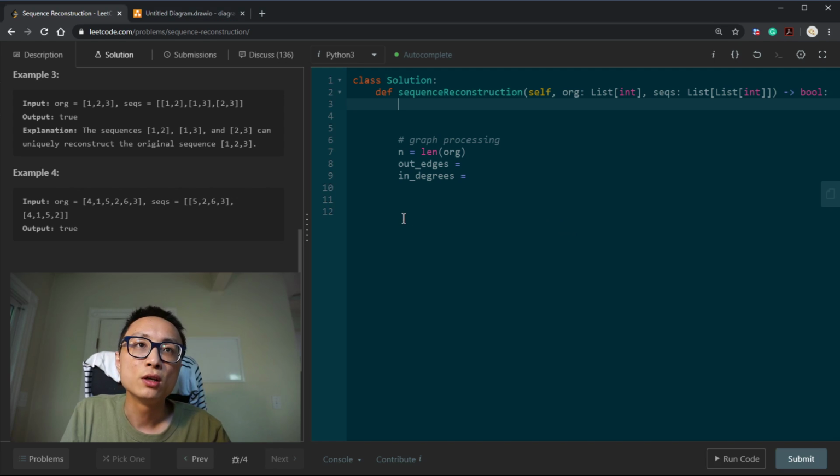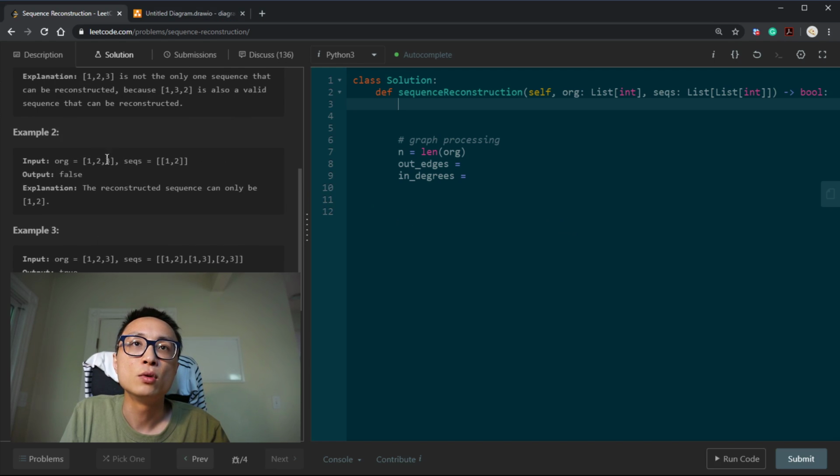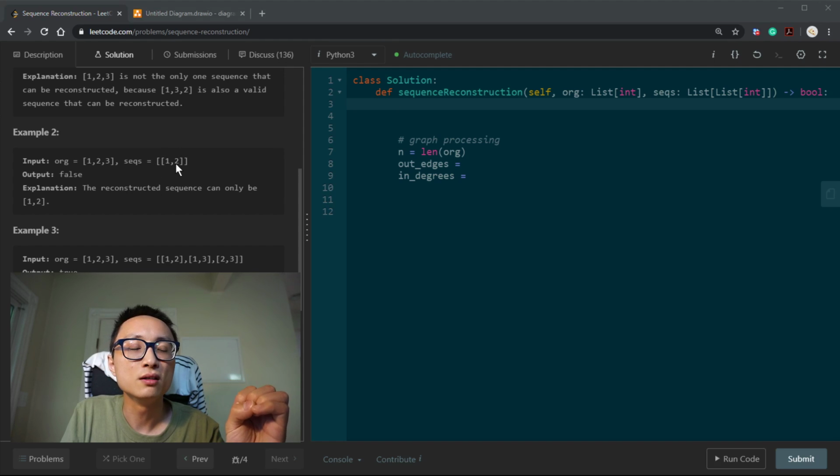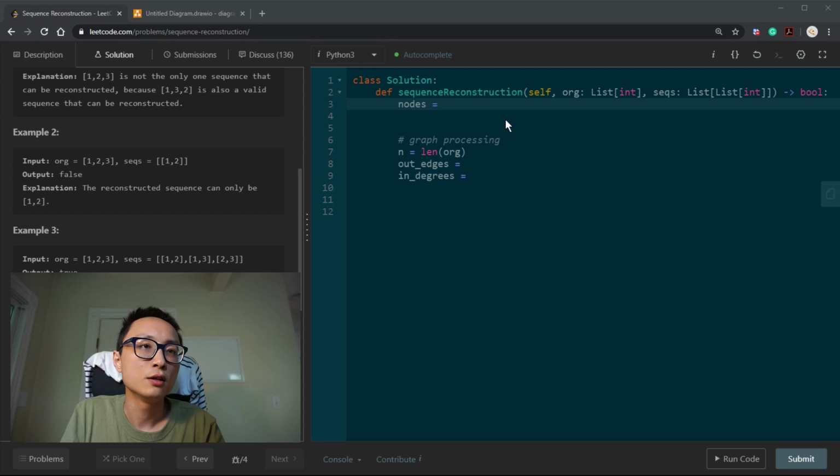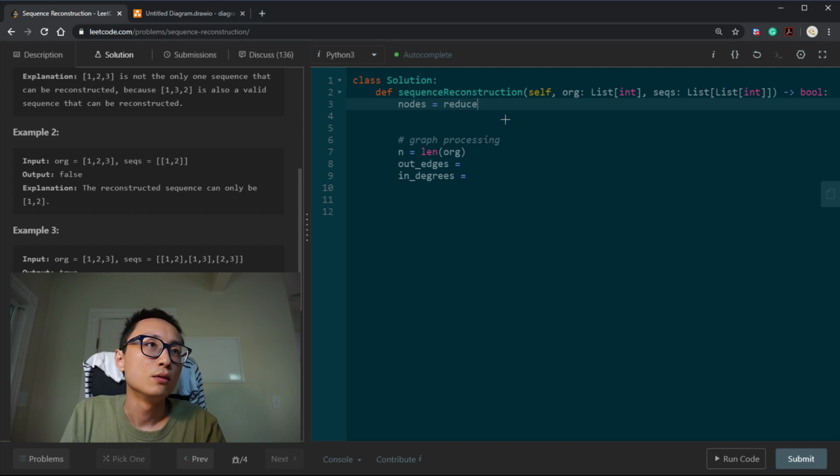One additional thing that we can do is to handle the case like 1, 2, 3, 2, the example 2, where we just don't have enough information because the number simply does not exist in the list of sequences. So we can actually exit early here. That's by counting the nodes from the sequences. You can do a reduce with set.union.